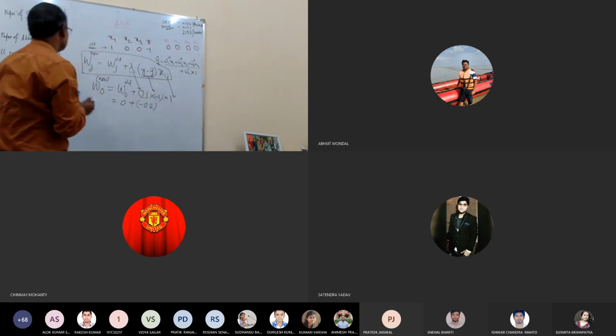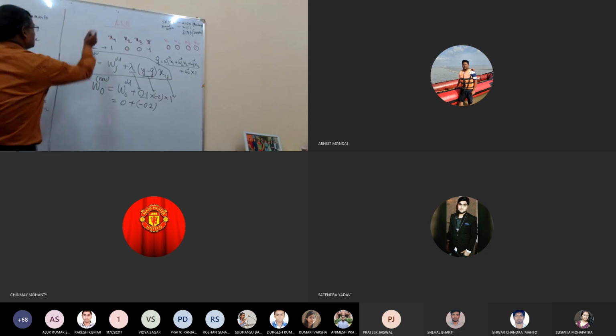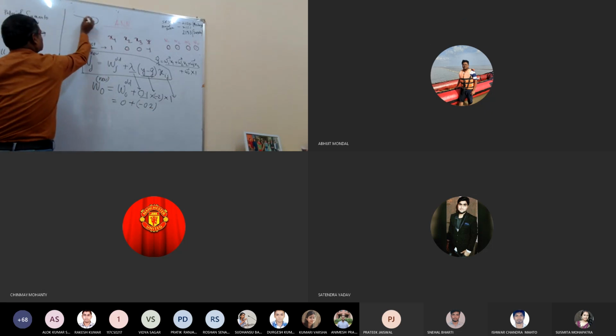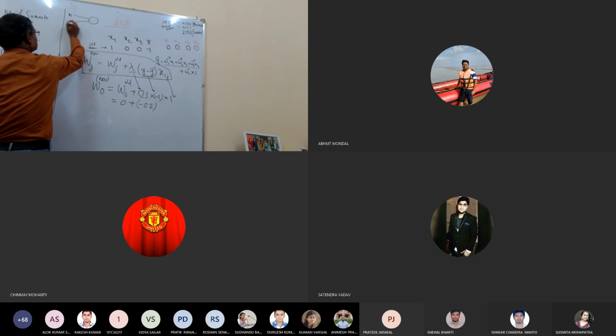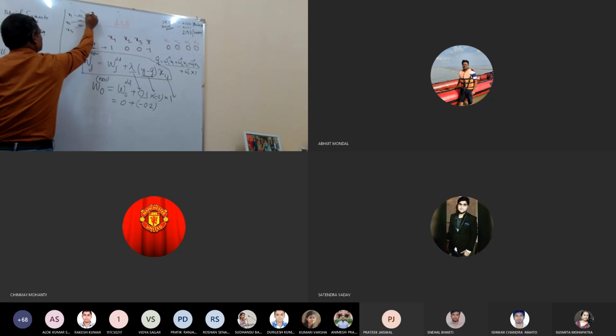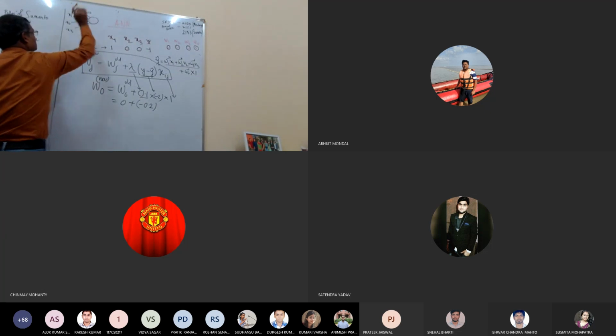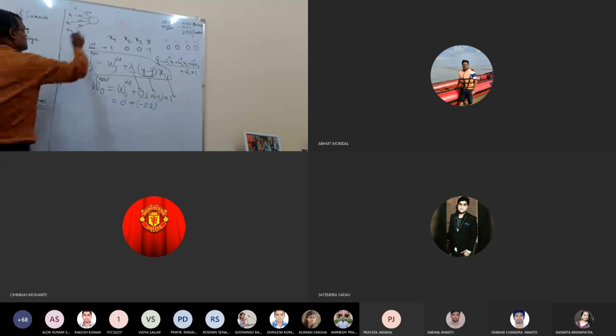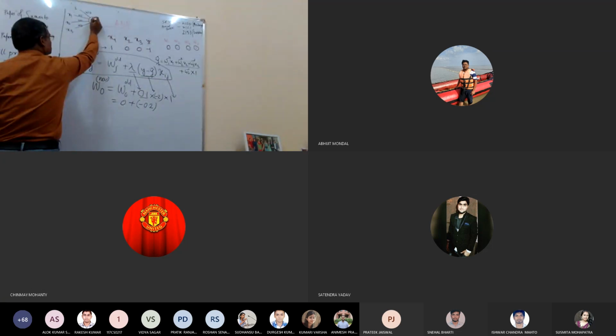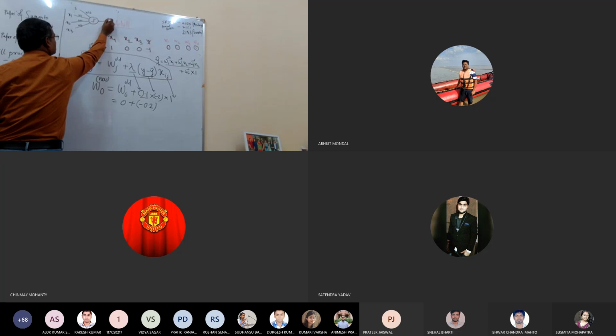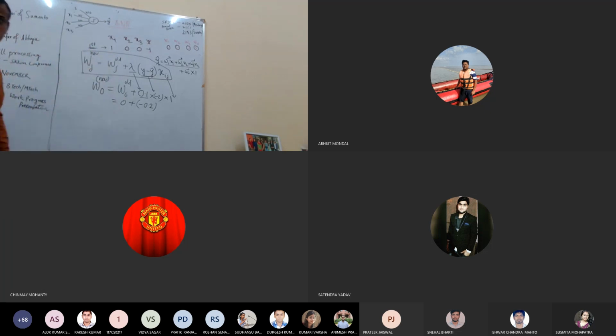So if you draw the perceptron here, this is x1, this is x2, this is x3, with weights w1, w2, w3, and this term is w0, whose value is always 1. Then we have a sign function here, and this is the output. Okay, you got it?